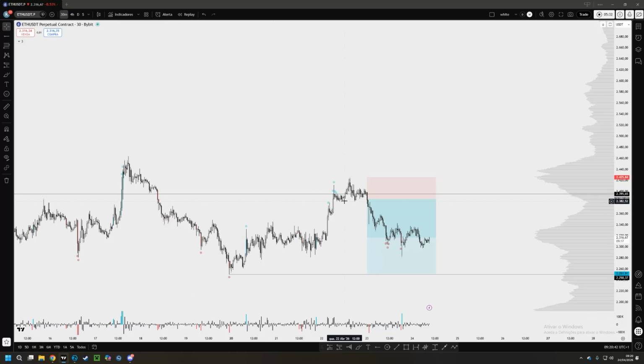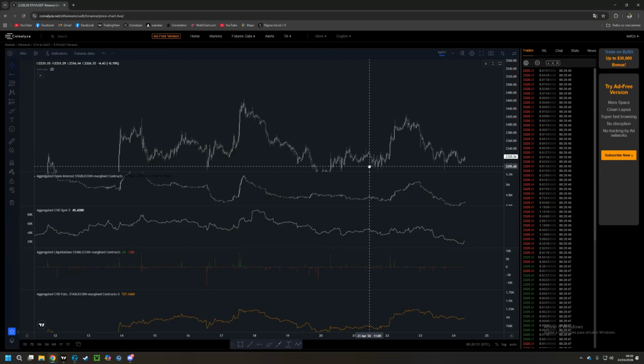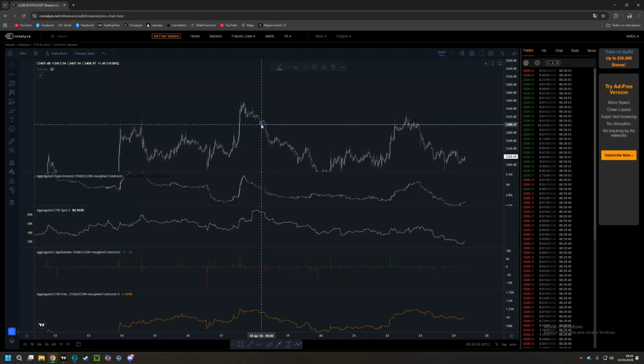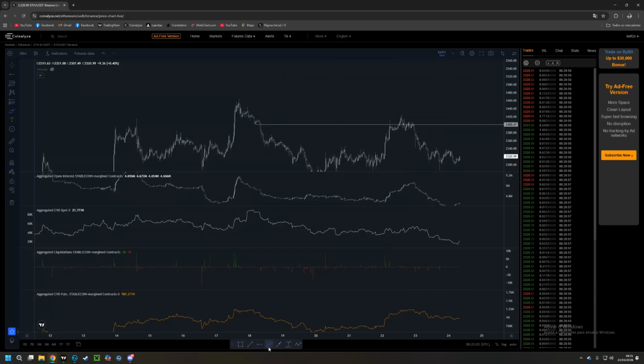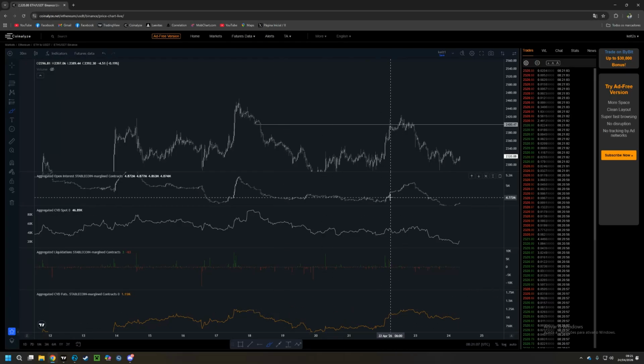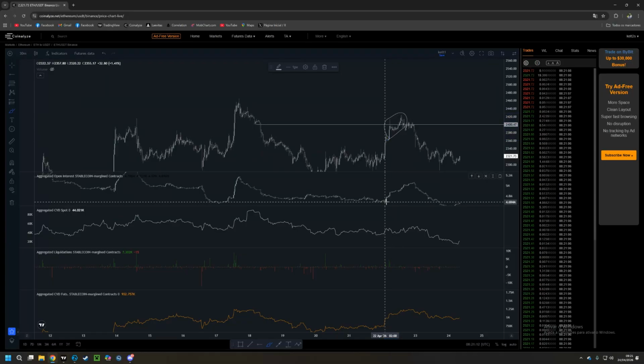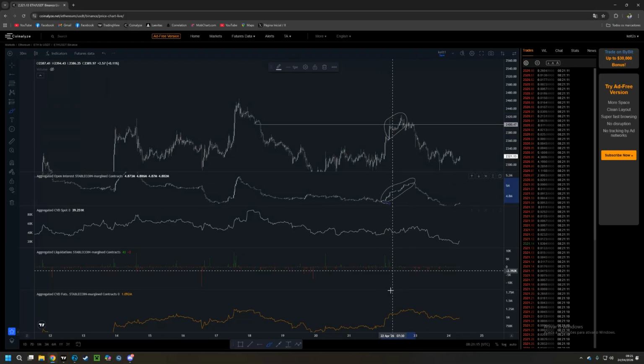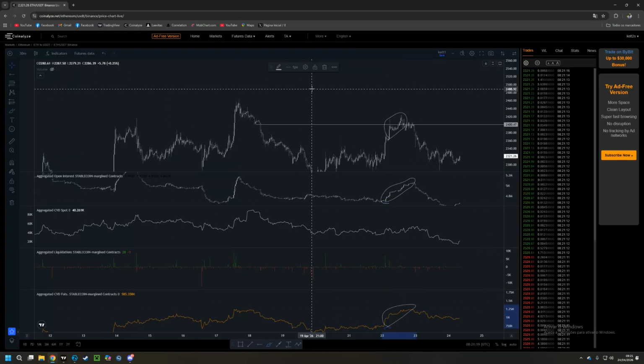So once I saw this V reversal, that's why I immediately enter after a little rejection. If we start seeing order flow here, let's mark this little cluster here. You can actually see this is open interest. This is CVD from perp. You can see how price is going up. We have open interest going up, perp going up, which means we have a lot of directional longs